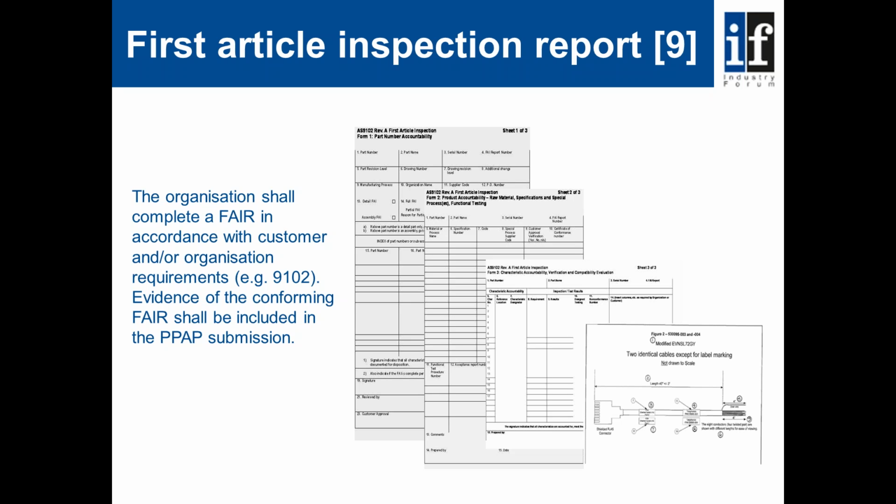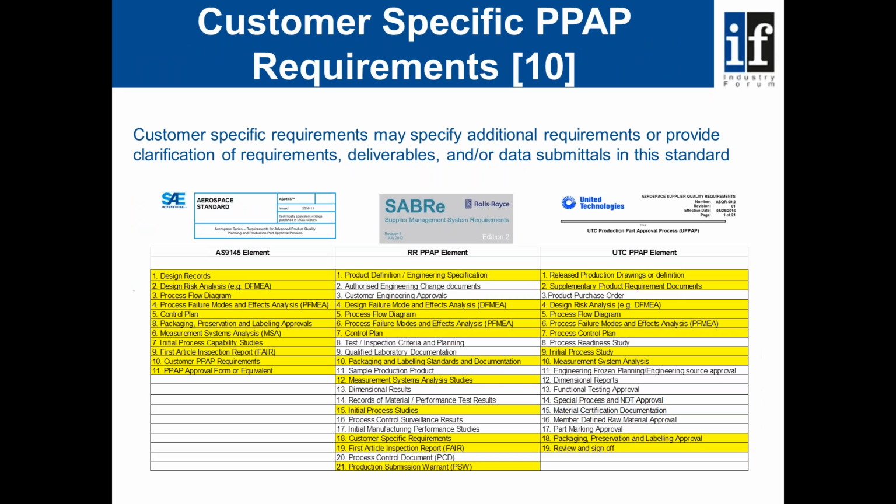And again, the extent of this evidence is going to be defined between the supplier and customer. It could be as simple as the front page of the fair pack, or it could be all of the fair template documents, or it could be any additional requirements that the customer requires. Talking about customer specific requirements then, what we can see here on the left-hand column then is the 11 elements